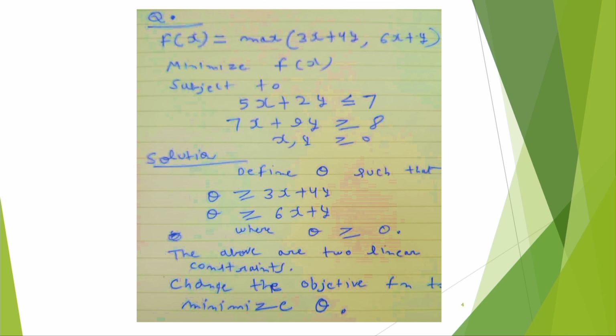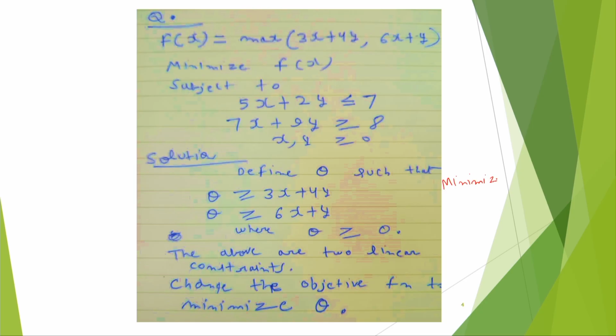So therefore, if I maximize theta, then naturally this also gets maximized. So we are maximizing. So theta is naturally greater than this one. So the above are two linear constraints we can introduce, and we can say that here our objective is to minimize theta,